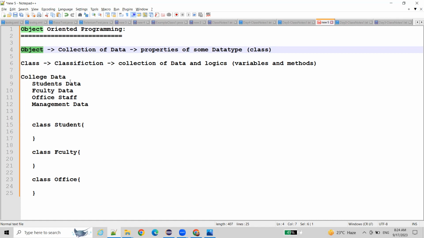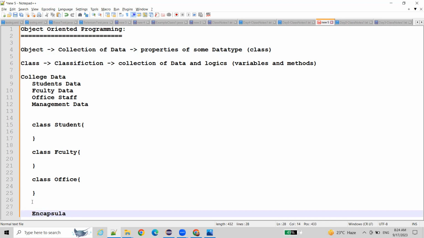So technically, the process of providing security and providing access to that object, and reusing that object in different ways, reusing the properties in different ways, and providing an overview to that object, all these technically we call as